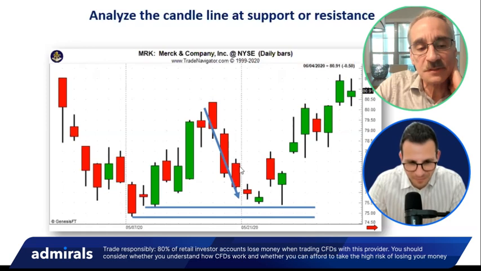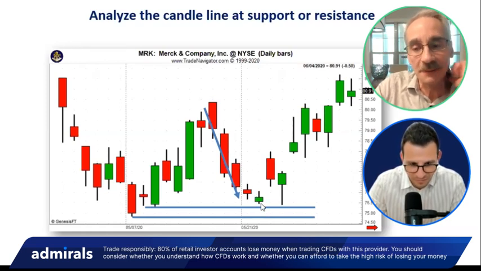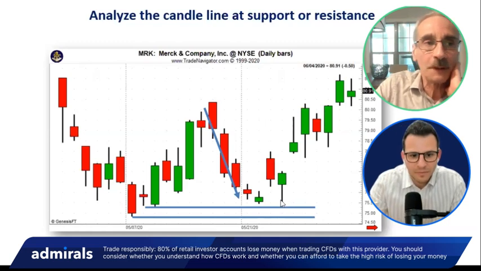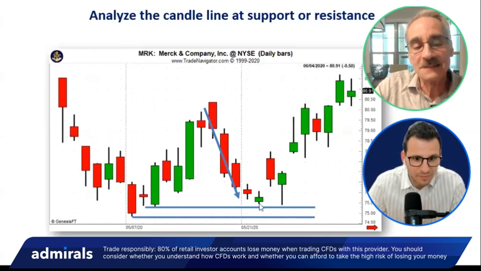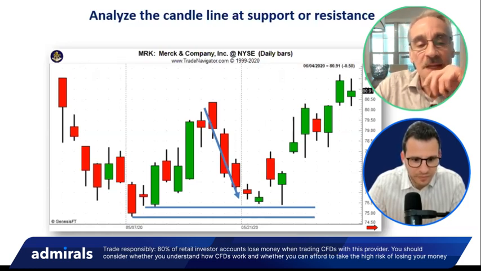Exactly. It's showing us the momentum's drying up. Again, it depends on if you're aggressive. You may want to start nibbling on the long side here. It's a great risk reward because you're buying it here or here, and your stop is under here, and my target would be up here. But for those who are a little bit more conservative like me, I'd wait for the hammer. It's still a good risk reward. Stop is here and your target is here, but there's no exact right answer. Some of you may say, yes, I'm going to nibble here. I don't mind being a little bit more aggressive. And then when you see the hammer, you could add to a long position.